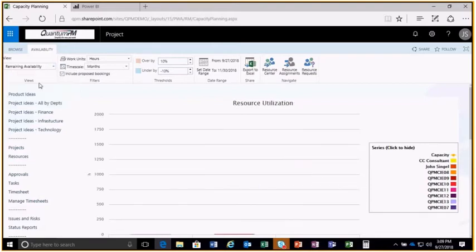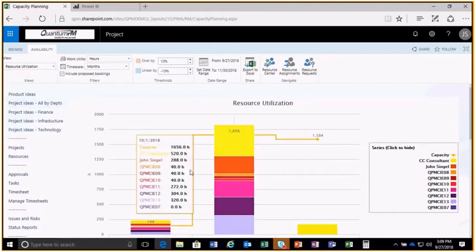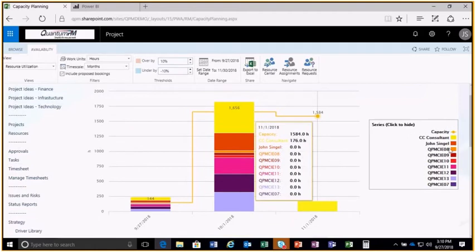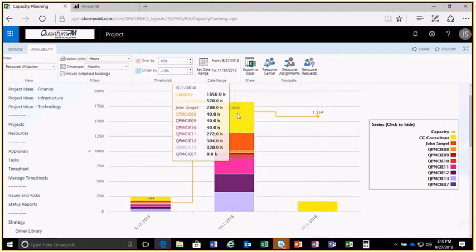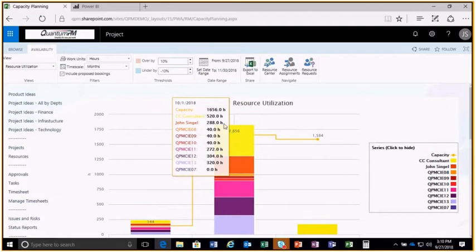You look at resource utilization. This gives you some pretty good views. For the selected resources that I have here, what this shows me is what is being utilized, how many hours have been assigned, and the capacity. The yellow line is the capacity that's available for these resources. This is how much has been assigned. You'll see the percentage of the total number of hours associated with it. And you'll see you've got some that are underutilized, the 40-hour ones, and then you get these other ones